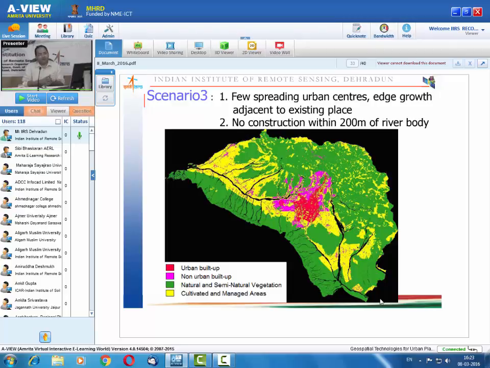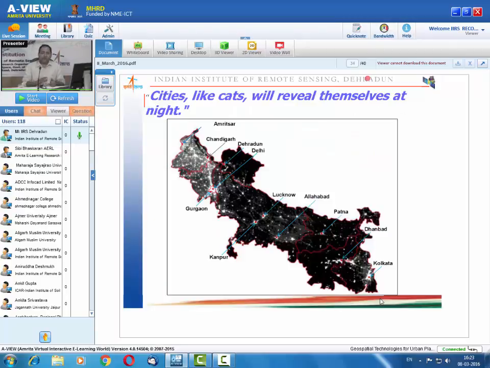So what we have developed is, we are trying to simulate the future urban patterns in response to various policy measures based on empirical data sets. Using an artificial neural network, we have tried to capture the growth pattern and then simulate the future growth in response to various policy measures. Till now we were working only for Doon Valley, but now we are using a data set